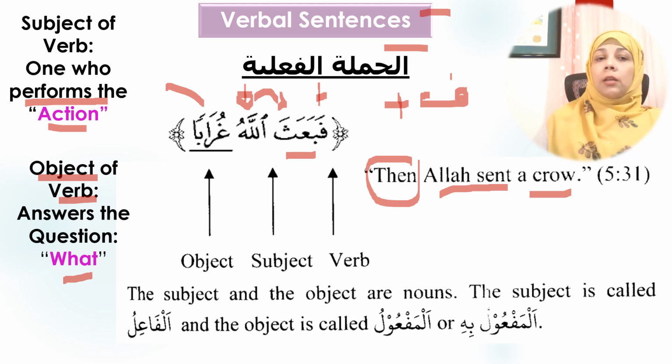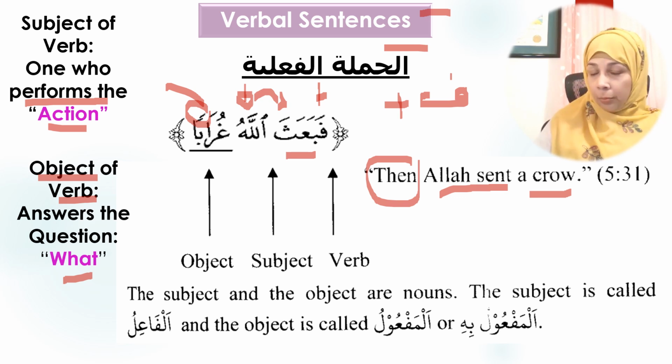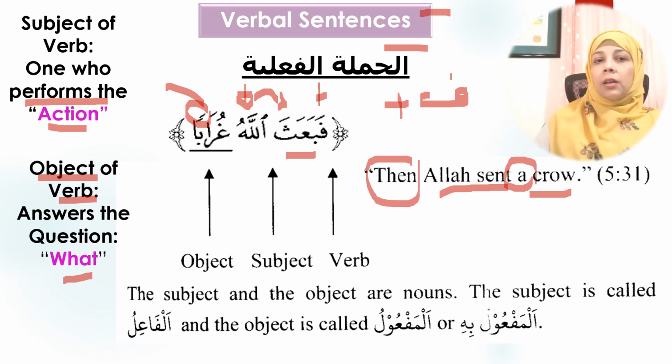Now the tanween is there at the end. So tanween is a marker for indefinite nouns, as we studied in a prior lesson. Okay, so that's why in this translation we have a crow, not the crow, it is a crow. Okay, so once again the verb we have identified here as ba'tha. We said it means he sent. We said Allah is the subject here, and we said the object is guraban, and again